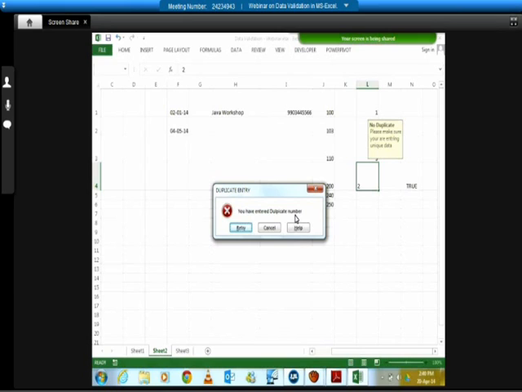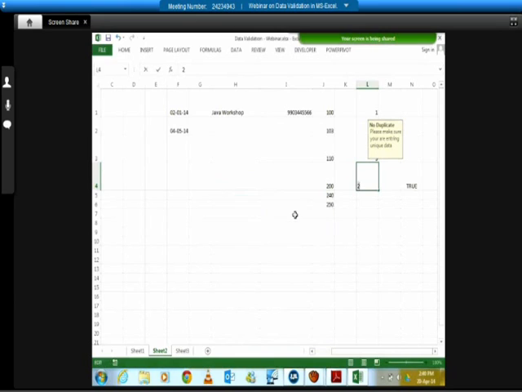An input message is just like, let's say when I'm going to save my file. Right. So what is this? It's saying file name. It tells me that this is the place I'm supposed to put my file name. This is the place I'm supposed to select my save as. So it helps the user to understand what he or she is supposed to enter.